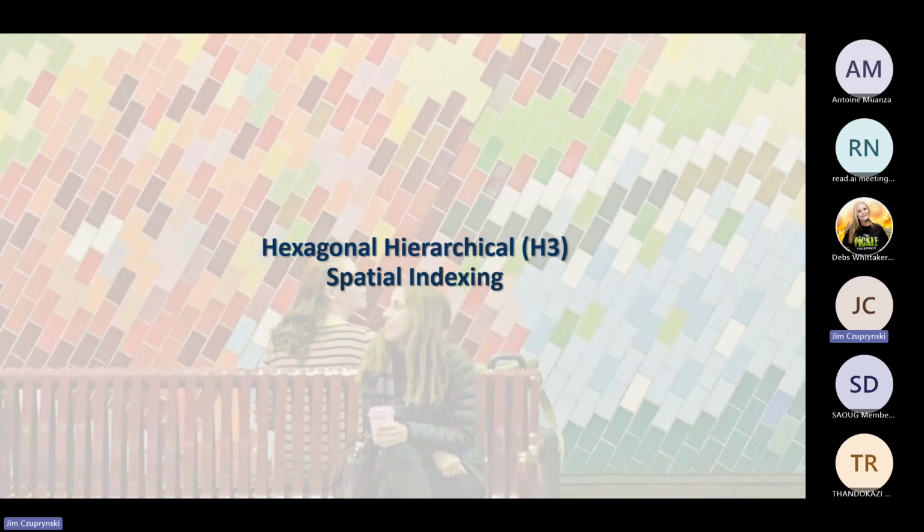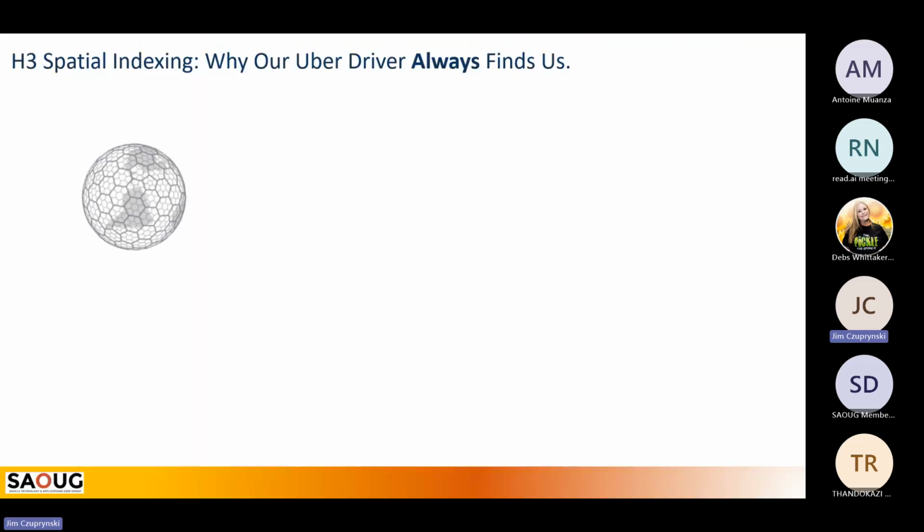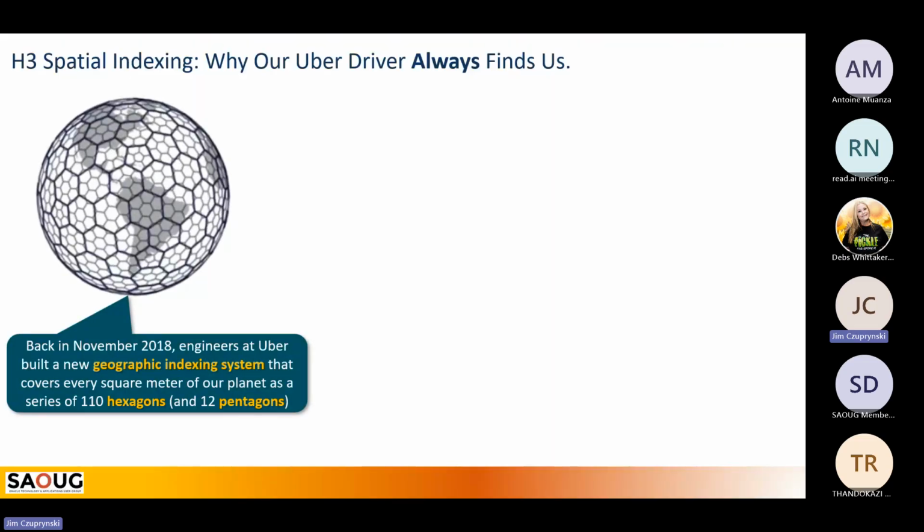We've got about another 20 minutes to go. I want to take you into yet another amazing 23 AI feature called hexagonal hierarchical spatial indexing. Why they're calling it H3 if there's only 2 H's, I don't know. I didn't design it, so don't shoot the messenger. But this is some really cool stuff. This is not the same as vector tiles, but the output of what we can do with H3 spatial indexing becomes a vector tile. Because remember, vector tile is just the technology that we're using to display things.